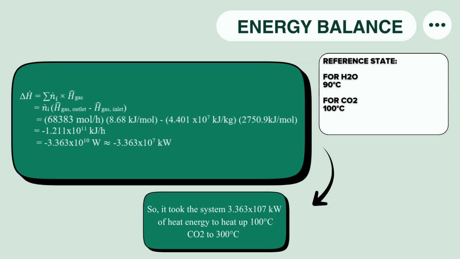So we are calculating. We put the values as for the outlet of the CO2 stream minus the inlet of the saturated steam, and we can get this value. And this value is the amount of heat energy that is required for us to heat the CO2 gas from 100 degrees Celsius to 300